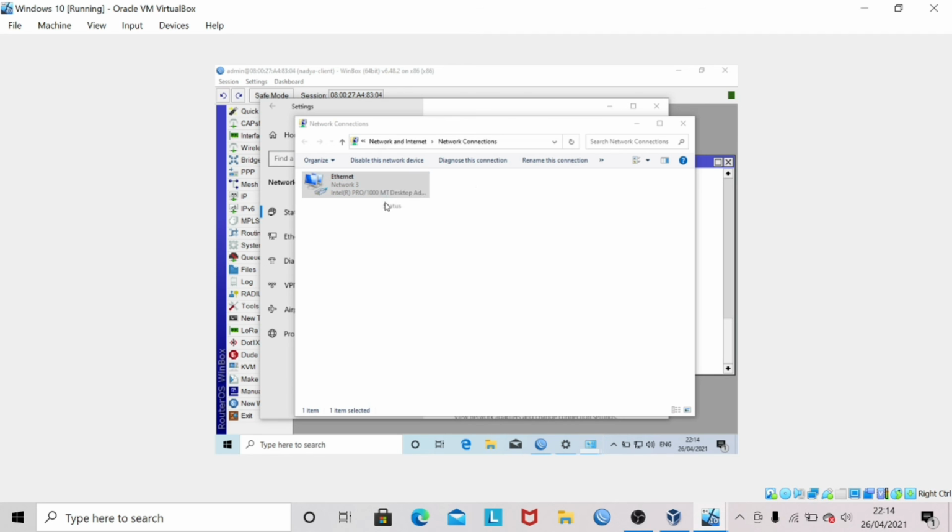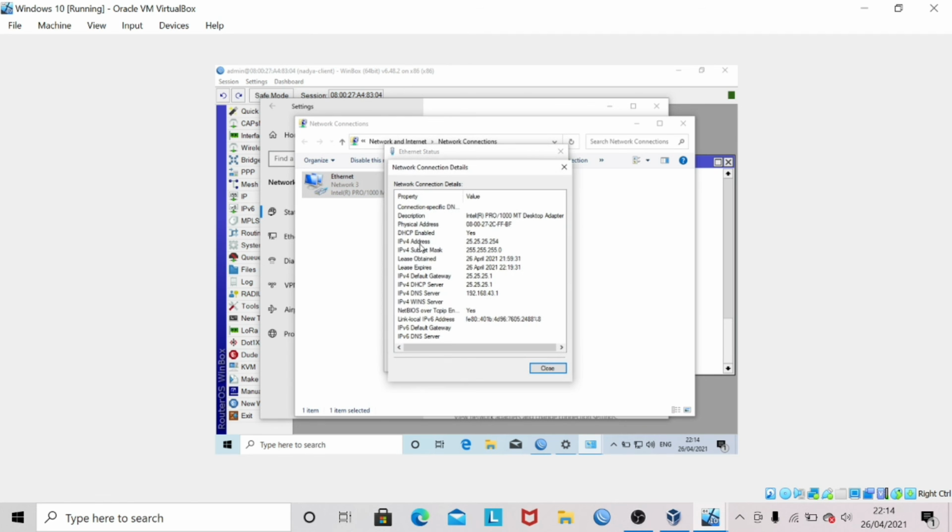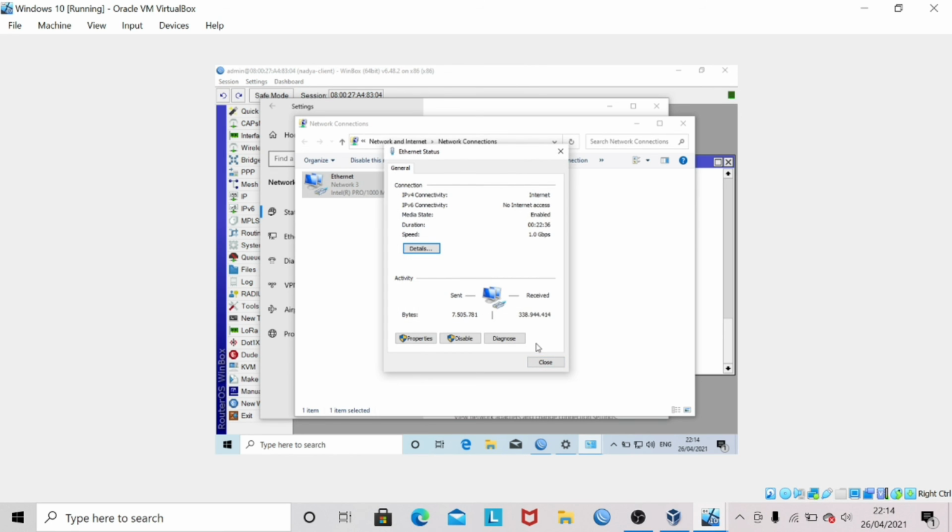Check the status network. And you can see the IP address obtained by the client laptop, namely 25.25.25.254, with default gateway and DHCP server 25.25.25.1.